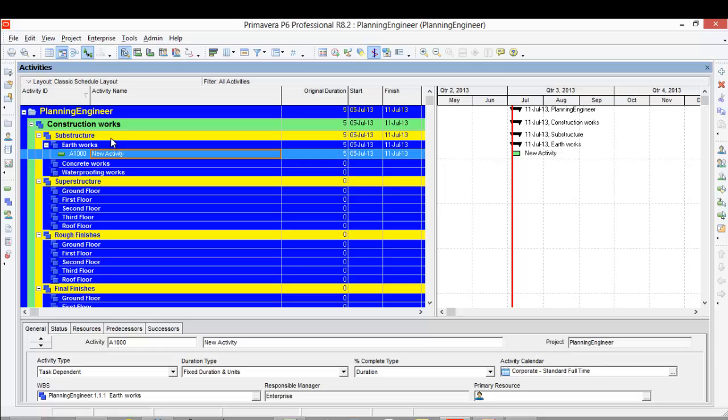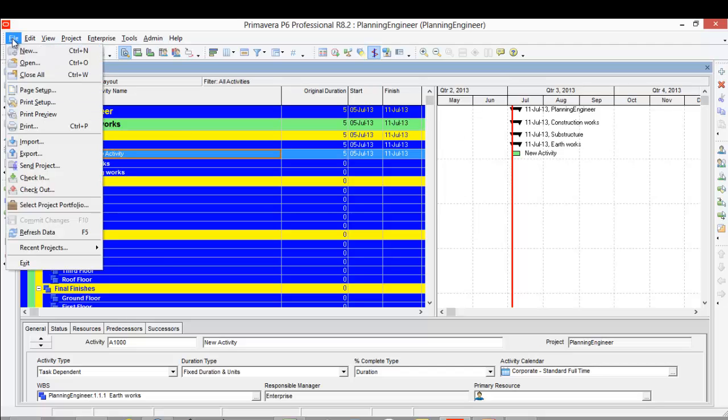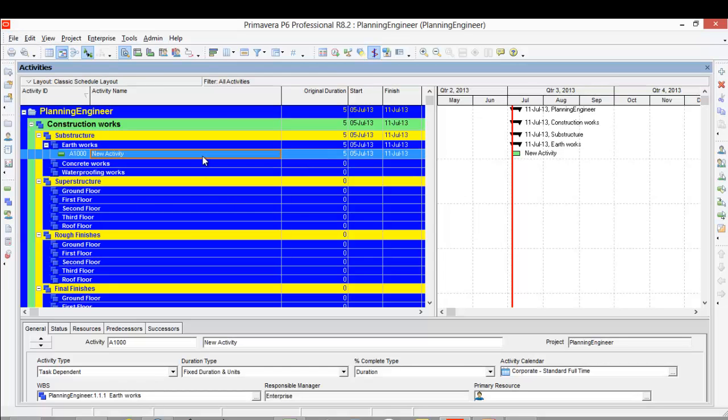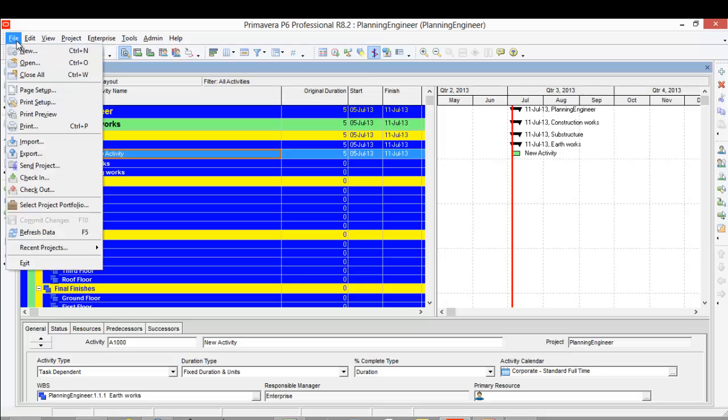But before we do anything, as you know, Primavera doesn't have any save file here. Whatever you are doing here will be saved automatically and you can't redo it. So before importing or exporting anything, I will make a backup copy of my project just in case something goes wrong.